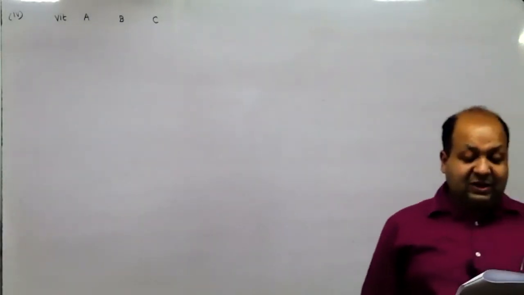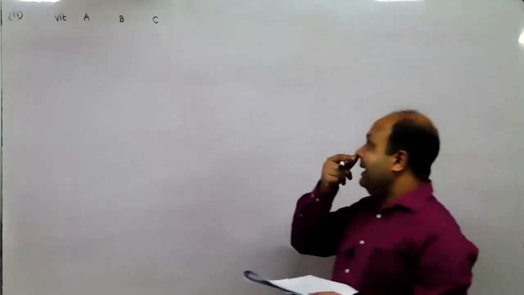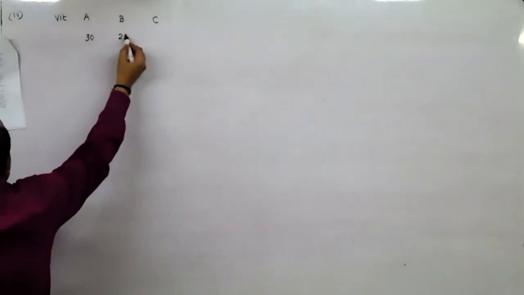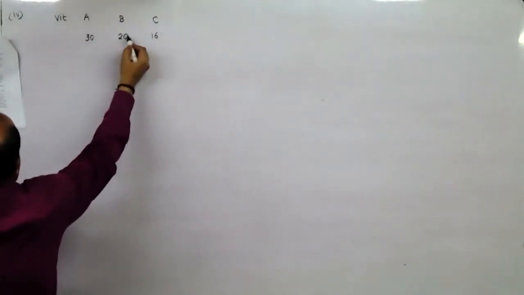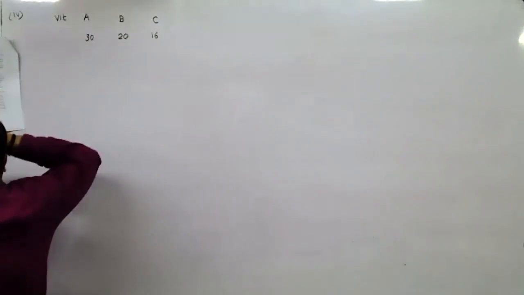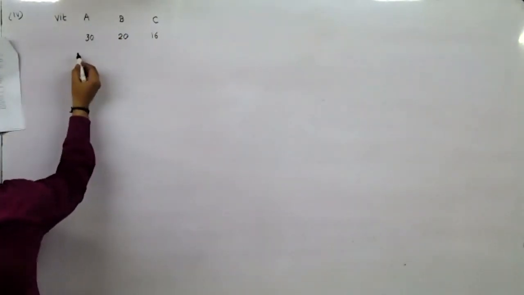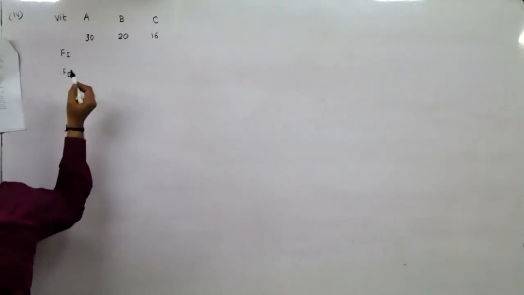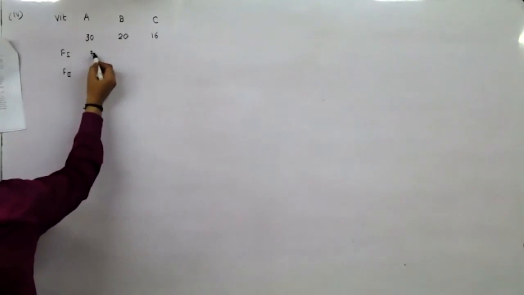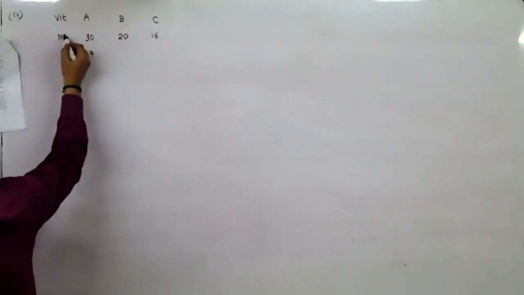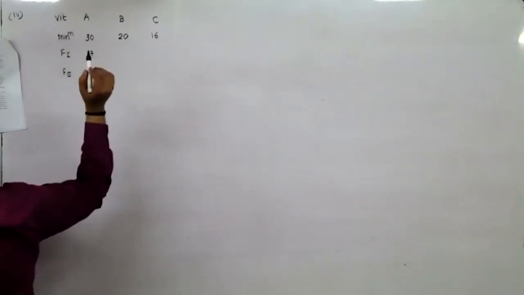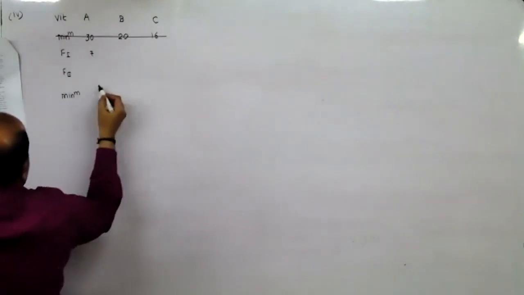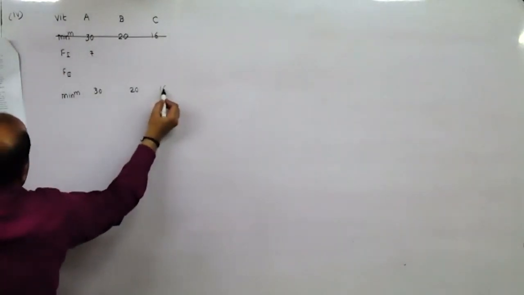The minimum daily needs of vitamin A, B, and C. Minimum she needs how much of vitamin A? 30 units, 20 units, and 16 units. So for the supply of minimum vitamin requirements, she has two types of food. She goes to the market and buys two types of food packets. From the first one, she can get 7 units of vitamin A. This is the minimum required. I can put it down over here instead of writing it at the top, that this is the minimum required 30, 20, and 16 units.